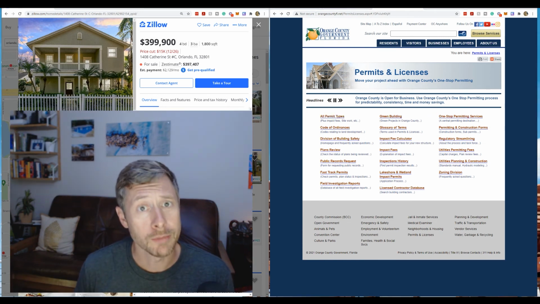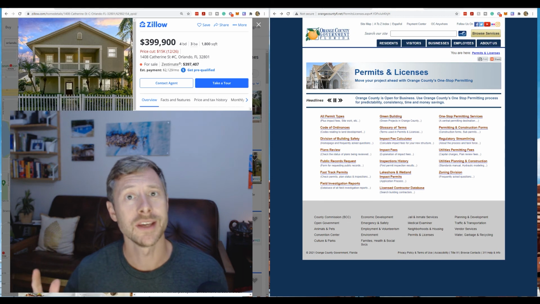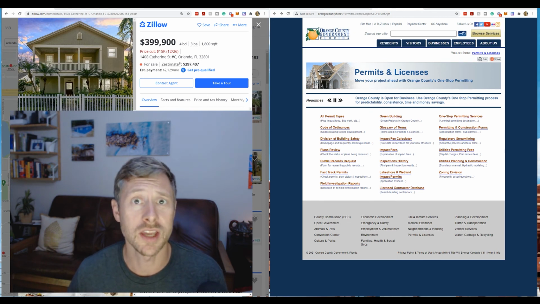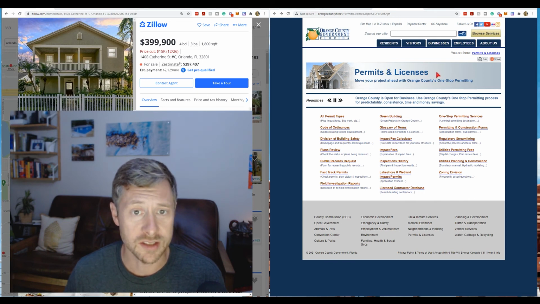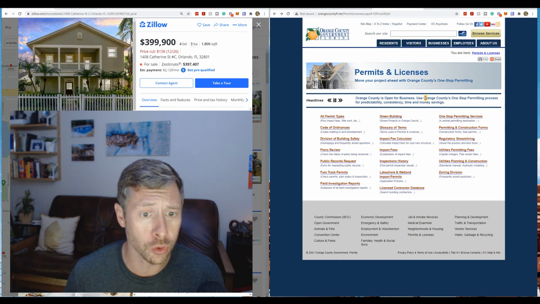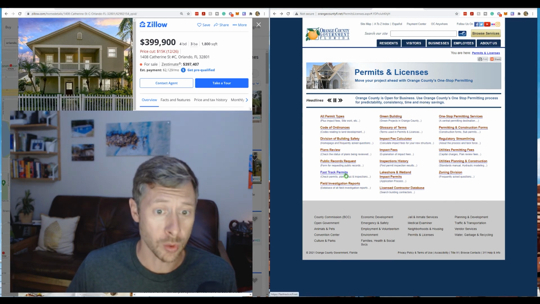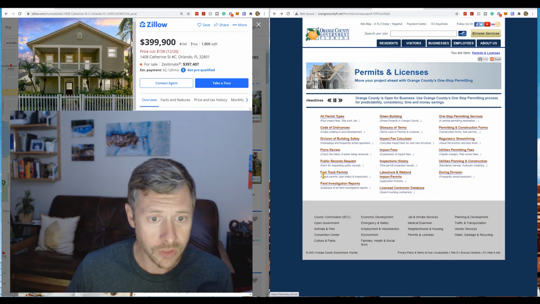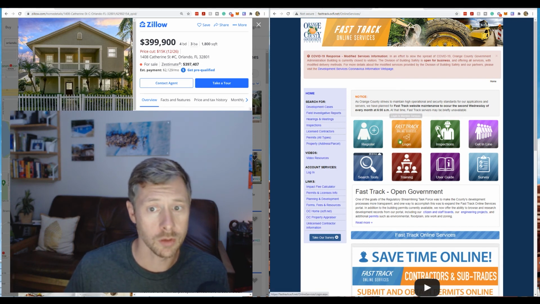I took an extra minute or two here. I clicked around, I found how to search for the permits. It was not that difficult. And it's just, again, to show you guys how simple some of this is. So on the permit and licensing site that we got to through the Google search, I found down here this fast track permits, where it said check permits. So I clicked on this one. It brought me to this fast track site here, and it says register,